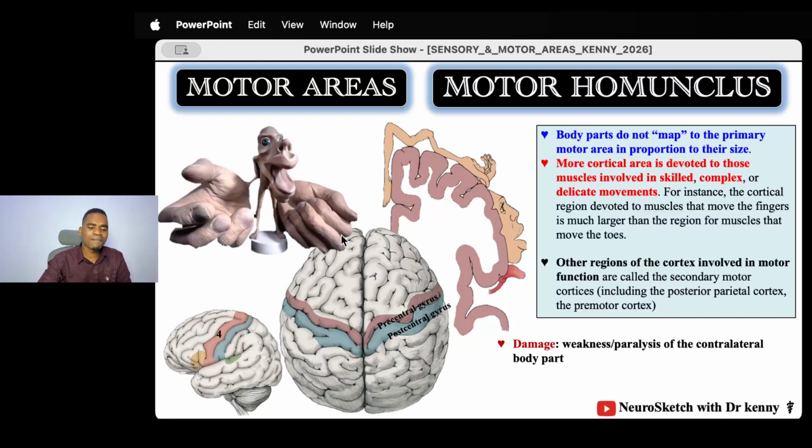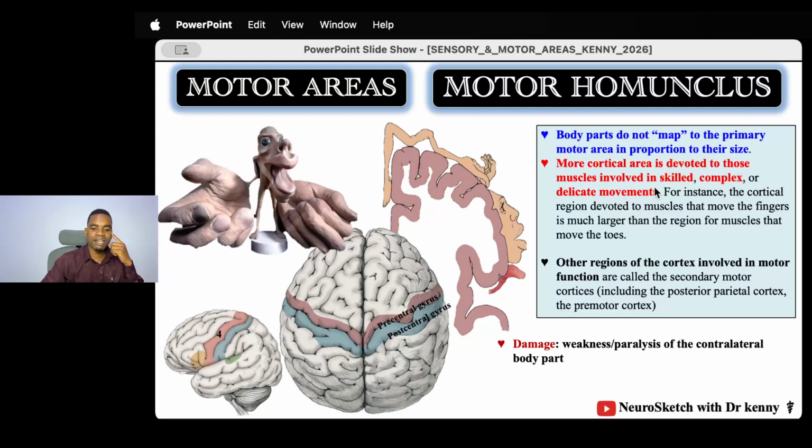And this also makes sense because you see the goal of basketball is actually small. It is small because they are very sure that if you are relying on hands, you're going to put the ball in the net easily. But for football, the goal is very huge because they are not sure if you are shooting from a distance, you're going to put this ball within the target. Okay, so this is the motor homunculus, and you see those regions, the more cortical areas are devoted to the muscles